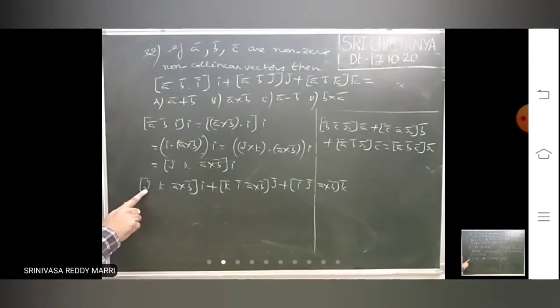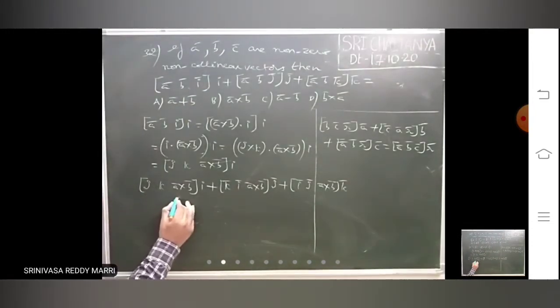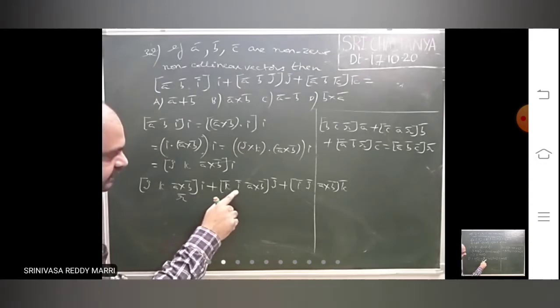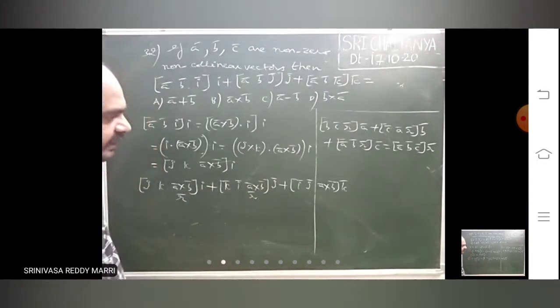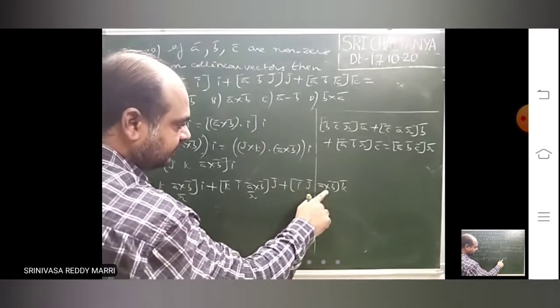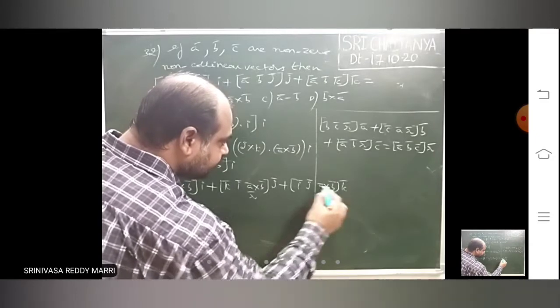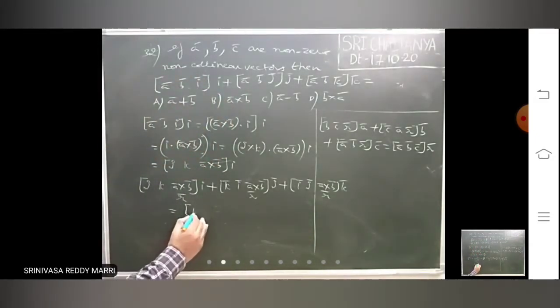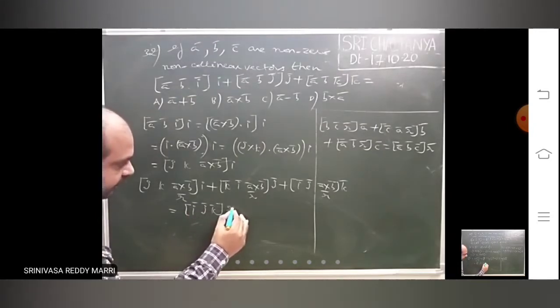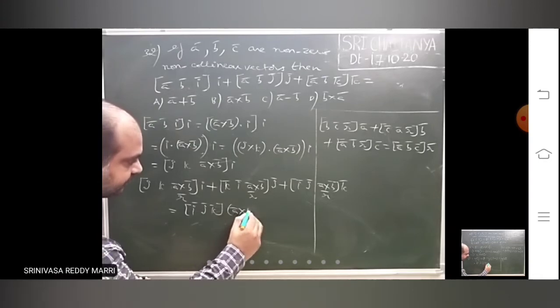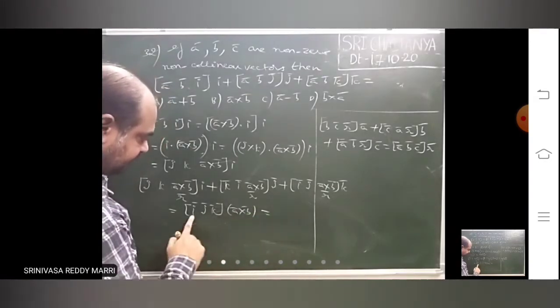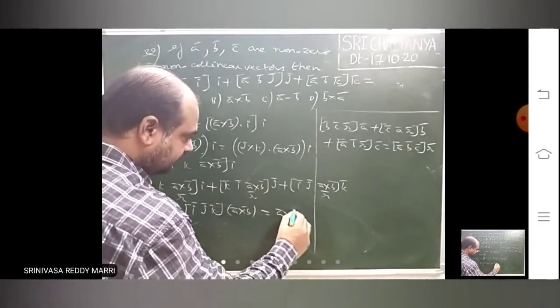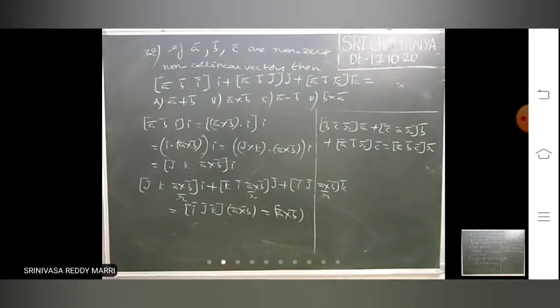Now if you look at this, this is A bar, this is B bar, this is C bar. Box of B bar, C bar, this is R bar, common vector. Box of C bar, A bar, R bar, common vector. Box of A bar, B bar, C bar, common vector. So this is nothing but box of A bar, B bar, C bar into R bar. R bar means what? That is A cross B. This is nothing but box ijk, which is 1. So the required vector is nothing but A bar cross B bar into 1. So therefore A bar cross B bar. Like that you can rearrange that.